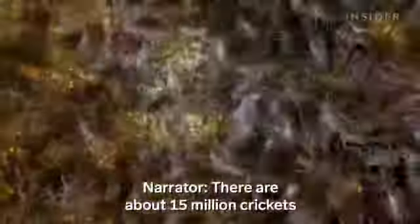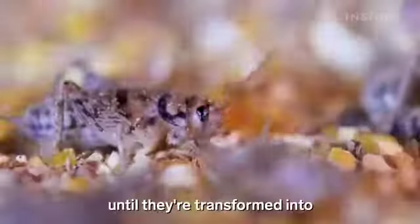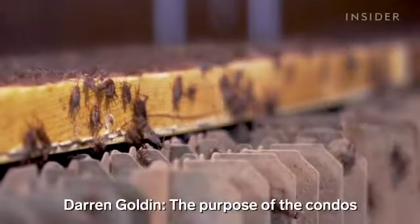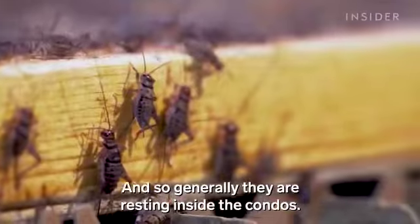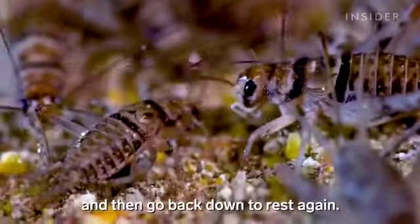There are about 15 million crickets in this room. Here, they'll live out their lives freely until they're transformed into food. The purpose of the condos is to give the crickets somewhere to live, and so generally they are resting inside the condos. They'll come up, have a drink of water, have some food, and then go back down to rest